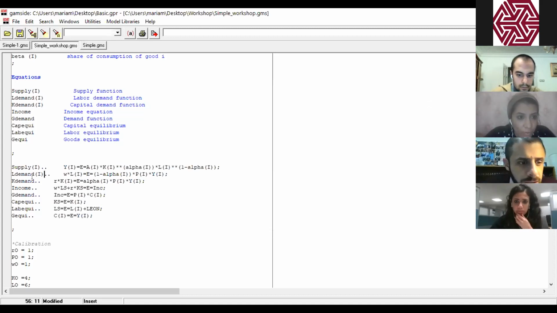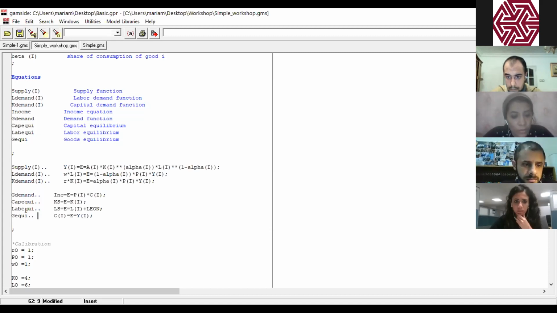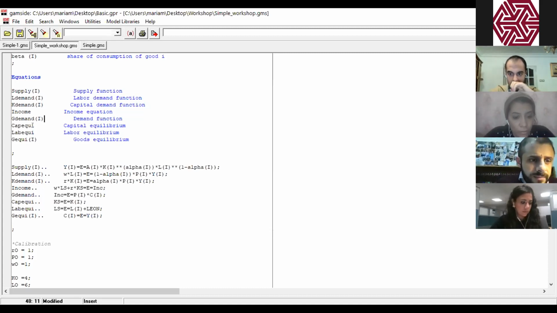Great. What else, Rania? I think the last one, GA, also should be a function of I, when you define the equation. And the G demand as well. For the G demand, we need the I. Yes, G demand also.